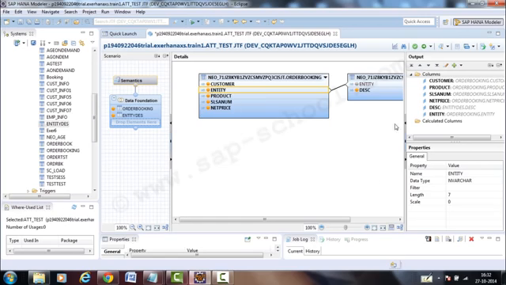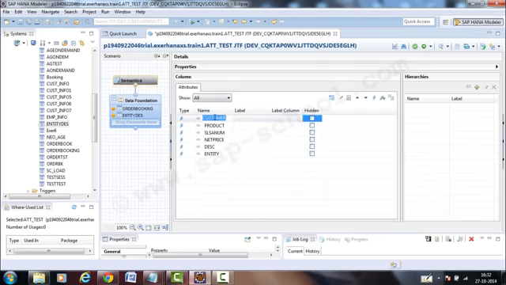So this is a simple view, and once I specify my join conditions, I go into my semantics, and this is where I specify the type. As I said, at least one should be a key attribute, and I'm specifying customer to be the key attribute here, and the rest would be regular attributes. So once I've done that, I can save and validate here, or I can directly save and activate here. So I'm going to just hit save and activate,